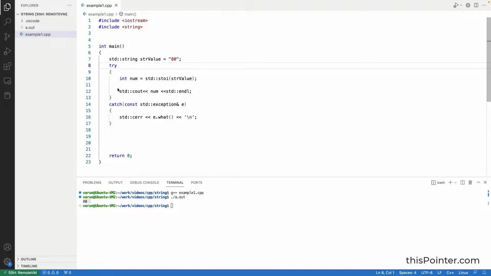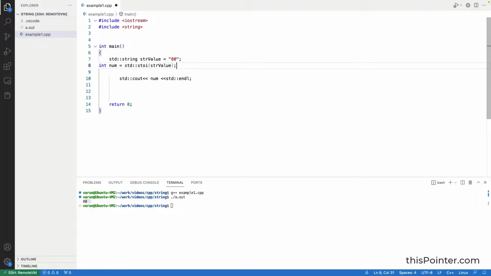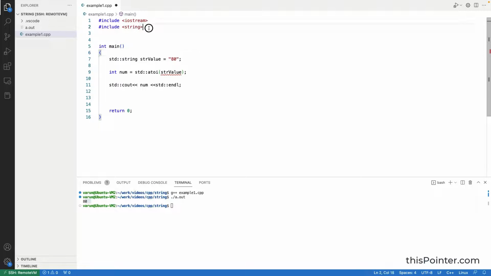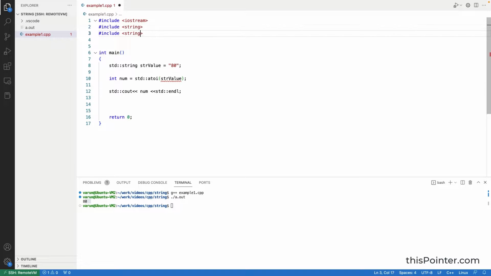There is another way, that is the atoi function. So let's write this code, that is ASCII to integer. But in this function, ASCII to integer, for that we need to include the file cstdlib. Yeah, so there is an error here because in this function we need to pass a character pointer,